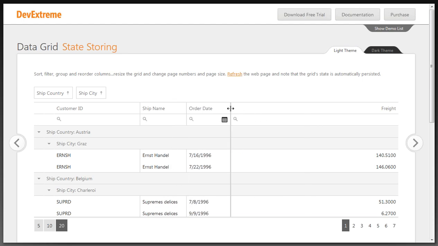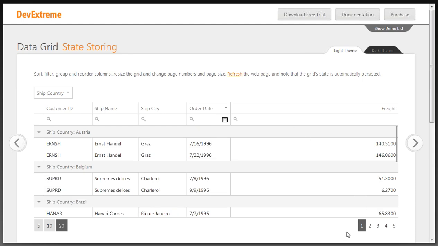The order date is really too big. Let's shrink that, and we'll leave freight where it is. Maybe bring the city down here. And what I'm going to do now is, I've got some grouping. I've got ordering columns. I've got some different column sizes. I'm just going to refresh the page